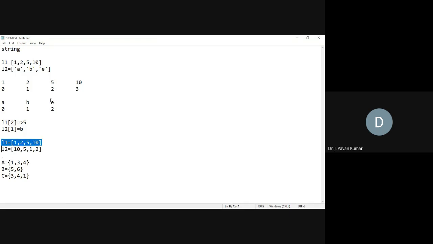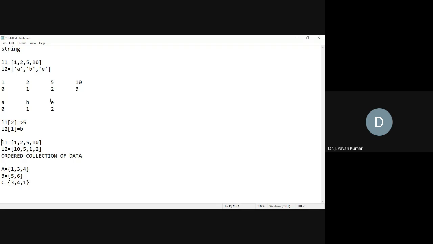Whereas here L1 and L2, lists, we are saying are ordered. Ordered collection of, I am improving the definition, ordered collection of data we can say as list. Earlier we started with this collection of data. That data can be elements, strings, or some objects, and those should be in some order.